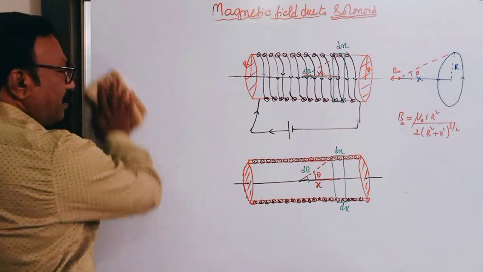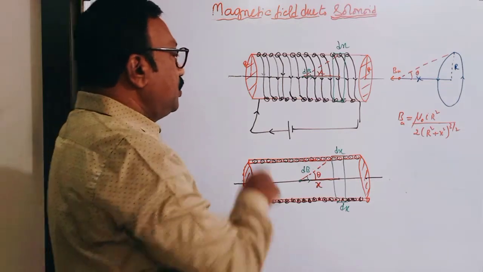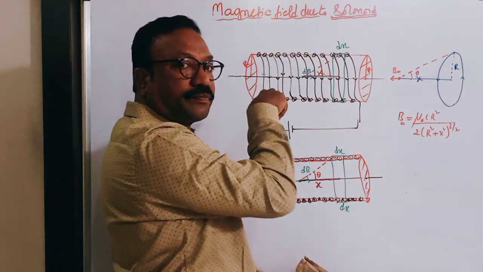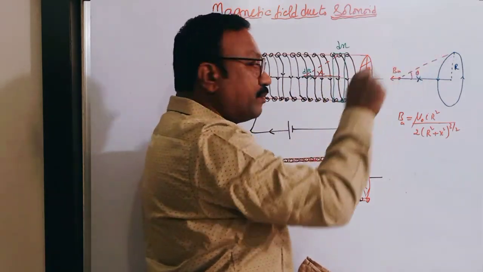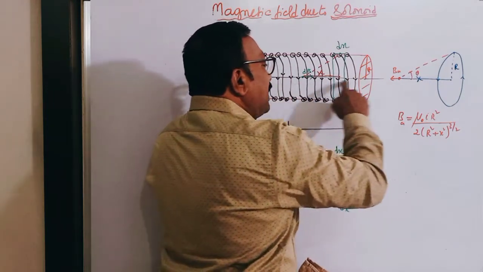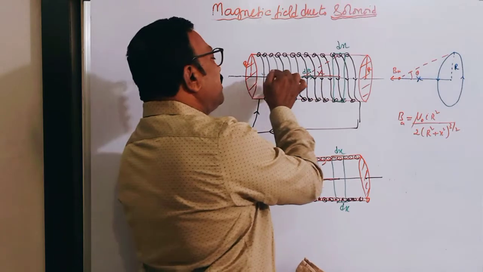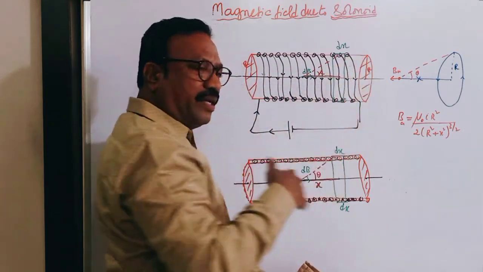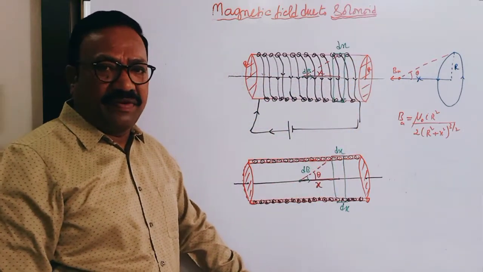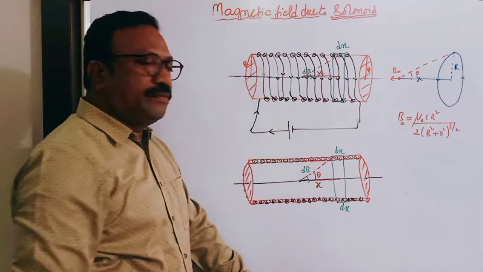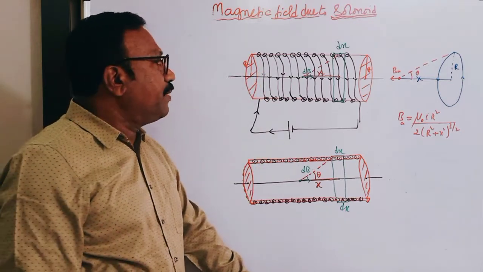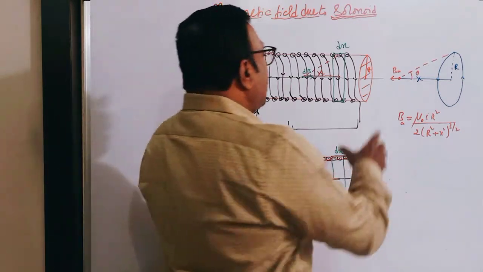So what am I going to do now? Due to a solenoid, the magnetic field on the axis at any point. This point can be here or here or here or here. Any point I want to determine the magnetic field. Some point I have taken. Okay. So here in this case,